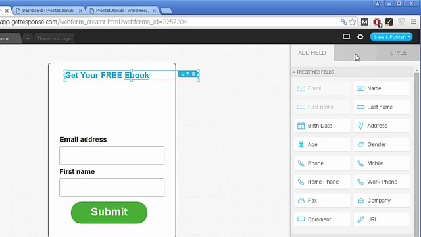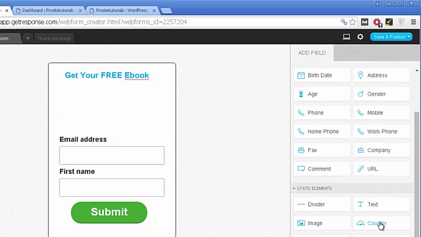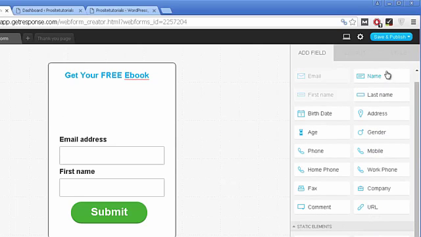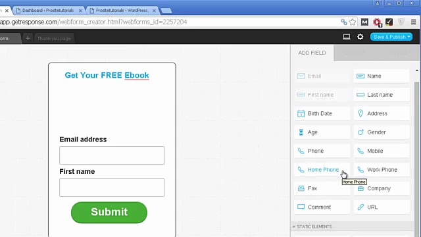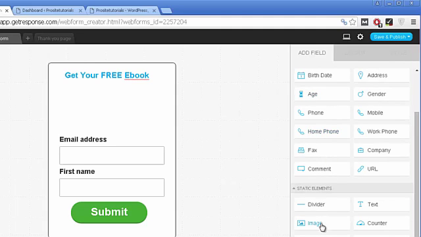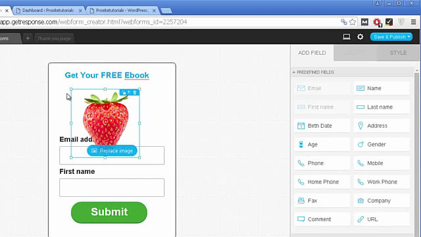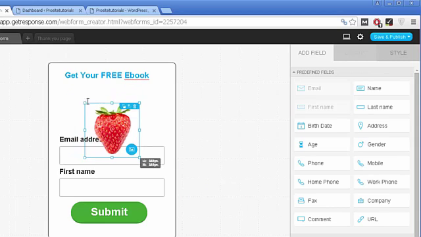over here, you would want to put, for example, an image of the bonus that you're offering to people. So you would go over here to the side and you would search for the image field, which is, it's over here. Decrease it just a bit,